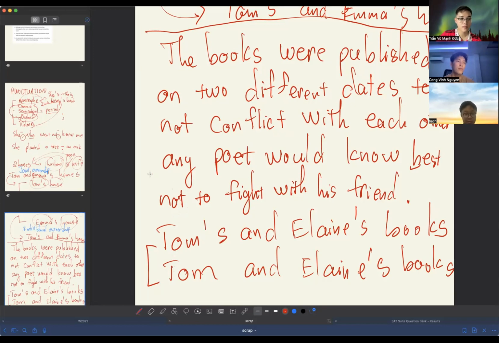Yes. If the second one is true, then Tom and Elaine are both the author of the same books. But in this case, are they the author of the same book, or are they not? They are not. Why do you say so? Because the books were supposed to be